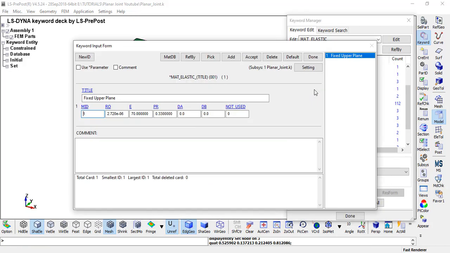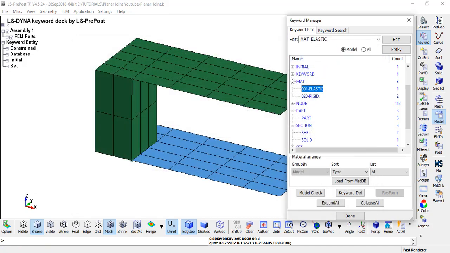Whereas in the elastic, there is no such facility to give the constraints. It is up to you what material has to be taken.